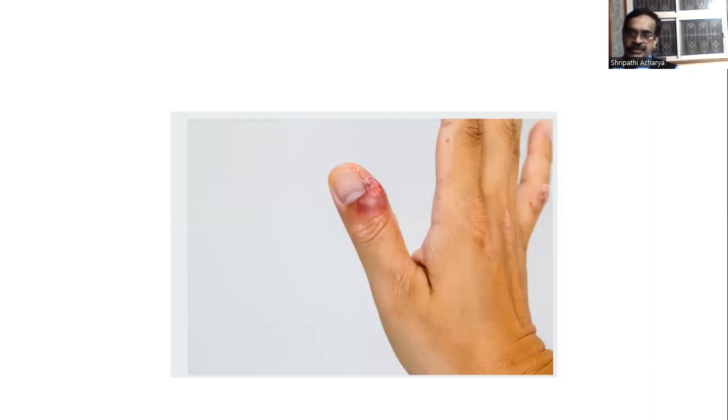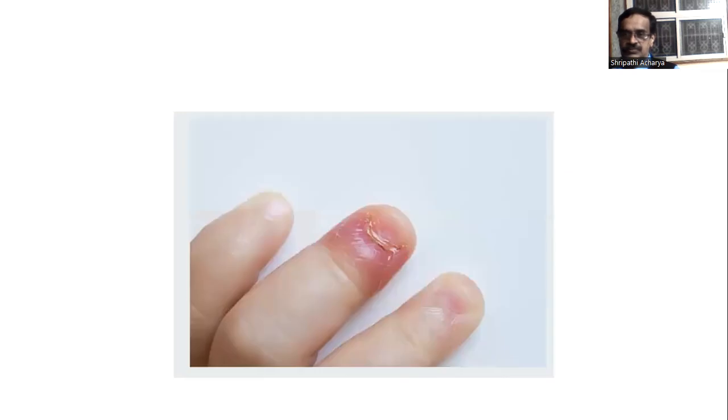The nail bed is inflamed. Redness is there. Tenderness is also there. Nail is also affected to some extent. Nail becomes brittle. Sometimes it will drop, isn't it? Here you see